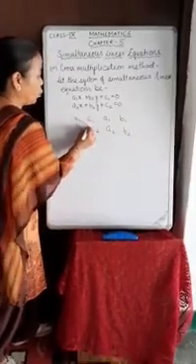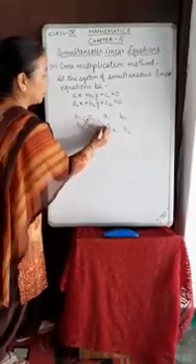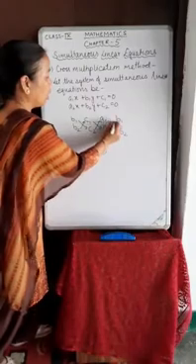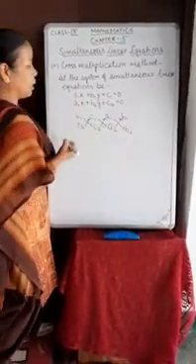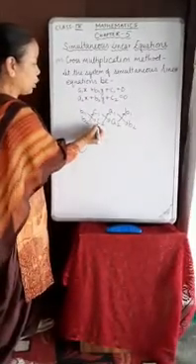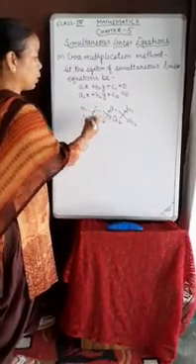Now after this we will put the arrows like this. These arrows show that you have to multiply these terms like this. The down arrow shows positive multiplication and the up arrow shows minus multiplication.